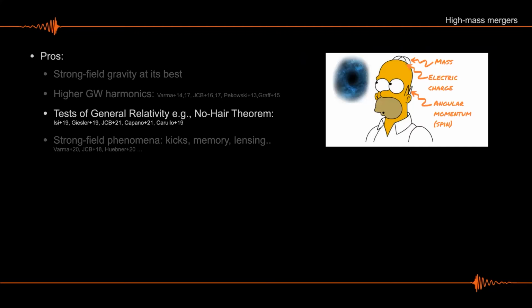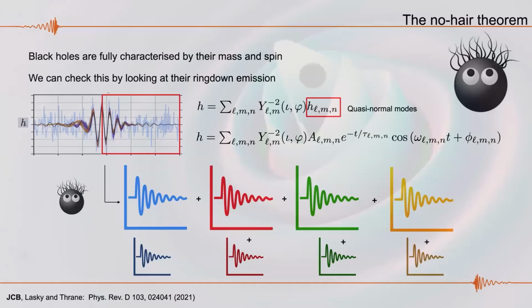So since you observe the moment of the collision and the posterior ring down of the final object for these high mass mergers, and you in principle can observe many gravitational wave emission modes, you can do studies to test general relativity. One of the examples of the things you can study or check is the so-called no-hair theorem, which is a mathematical statement.